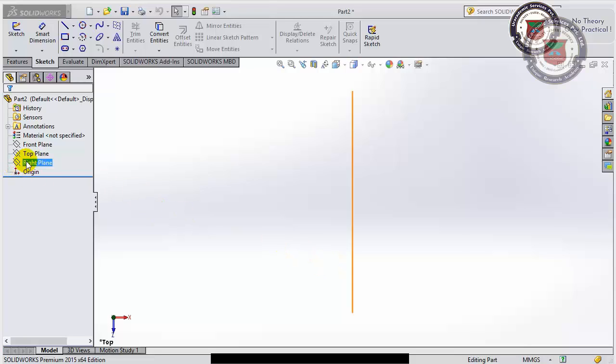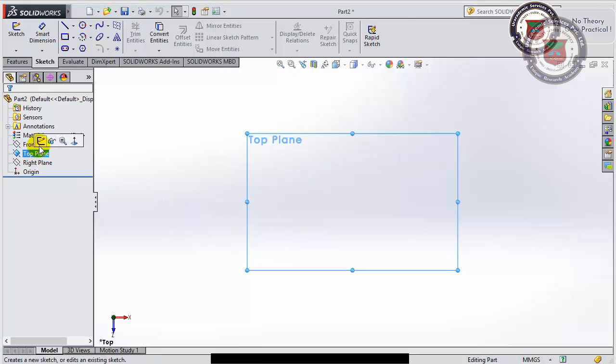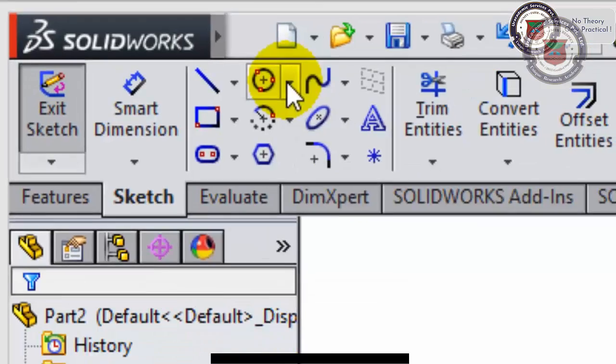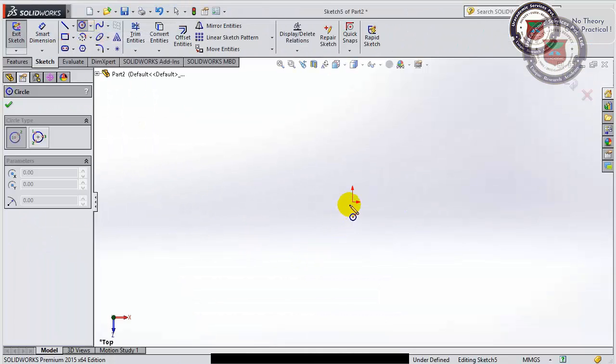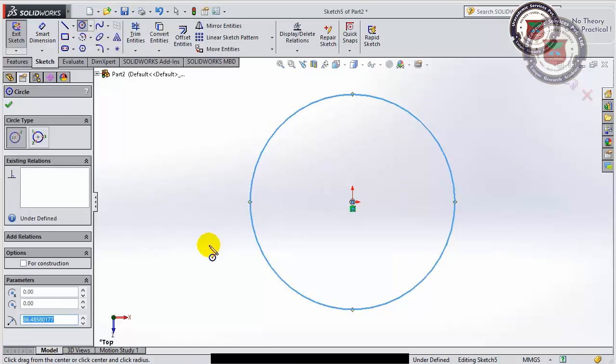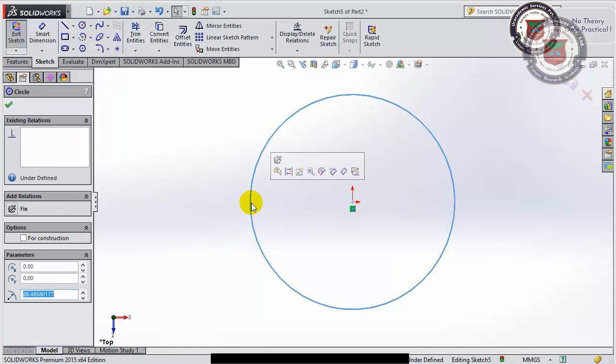Hello friends, we will be learning about the circle now. For the circle, I'm taking a sketch in the top plane, and now there are two kinds of circles. Number one is a center circle. A center circle is the one that is controlled by a center in this way, and the second one is a